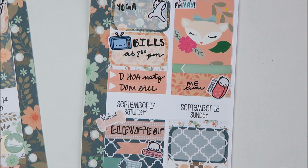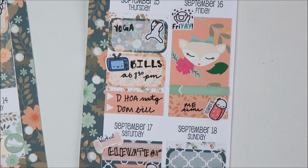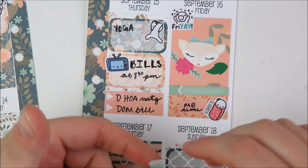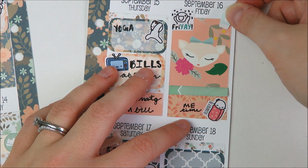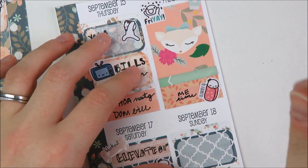I realized I did have two other things I wanted to put on Friday. I'm gonna take one of these Scribble Prints Co. coffee cups and just put that down because I do like a little treat yourself Friday morning. And then I'm gonna make this,